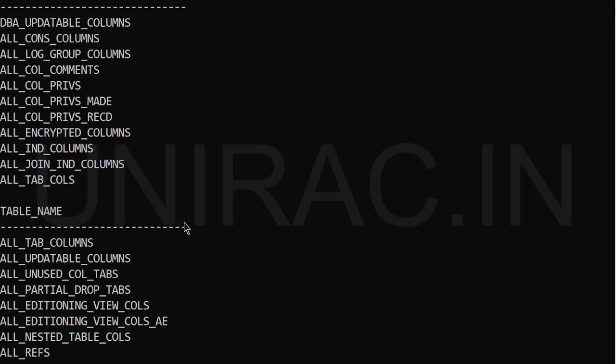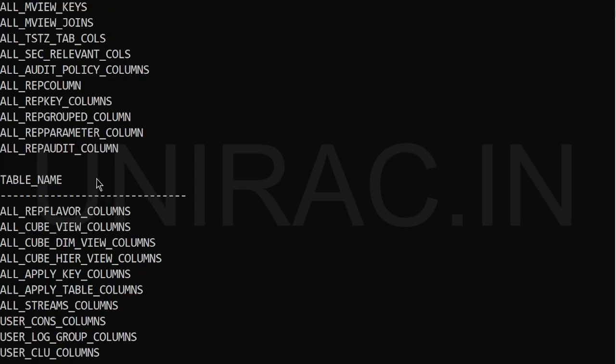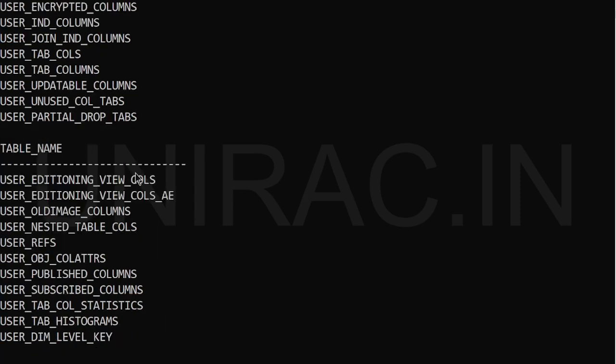Commonly we use ALL_TAB_COLUMNS, ALL_CONS_COLUMNS, and ALL_COL_PRIVS. These are the common tables which we use to find information about privileges on the columns, or constraints on the columns, or the table-level columns. It may depend on the kind of requirement.